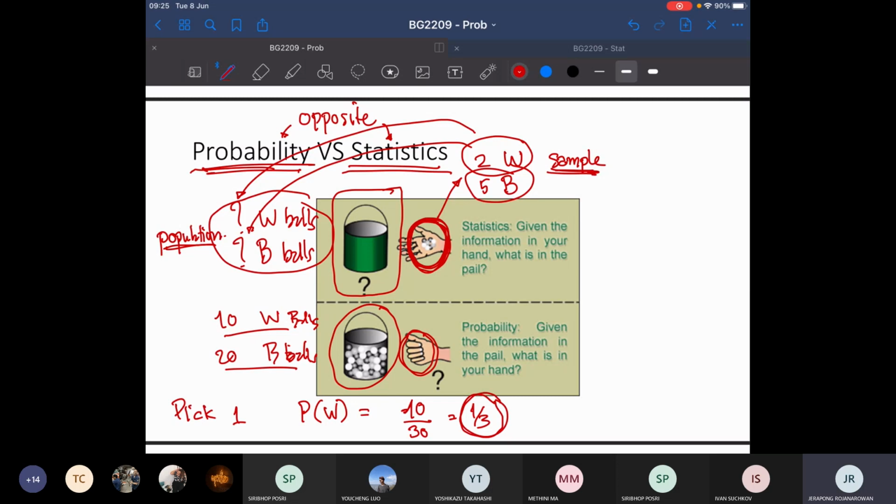Okay, this one you guess what is in the hand. This one you guess what is in the bin นะเห็นไหมความแตกต่าง probability คือเราจะมาเดาว่าอยู่ในมือคือสีอะไร แต่ถ้าเป็นสแตทเราจะเดาว่าไอ้อยู่ในกล่องเนี้ยมีสีอะไรบ้างกี่อันเห็นไหมประมาณนั้น